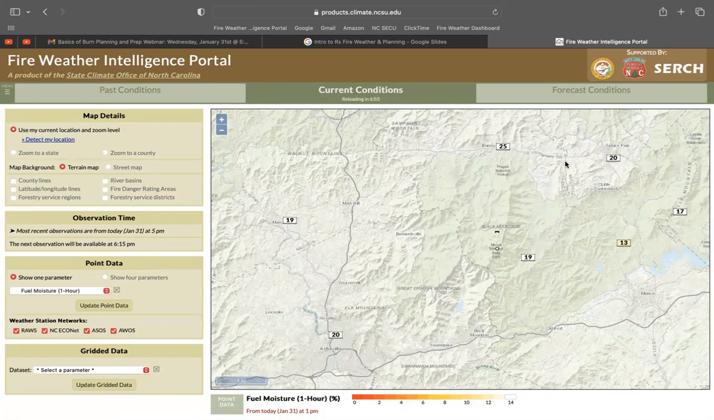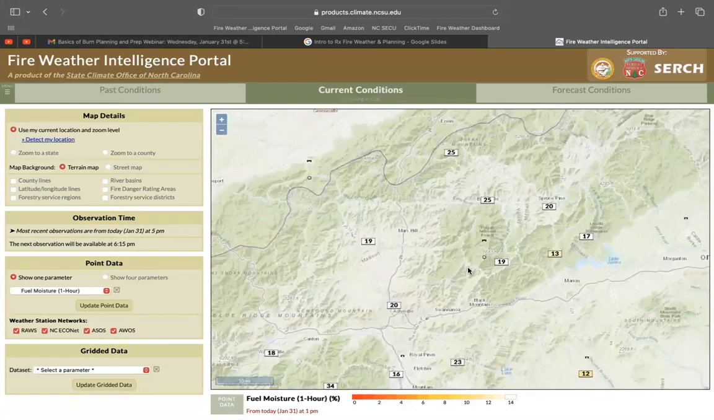Again, these point data are small stations that are picking up whatever's next to them. Some of them might be more shady than others. Some of them are going to be in different fuel types, so they're going to show different things. You kind of have to walk out to your unit and assess it yourself, realistically. But this gives you an idea of what the whole region is seeing,